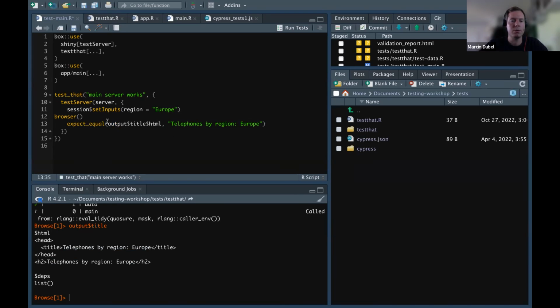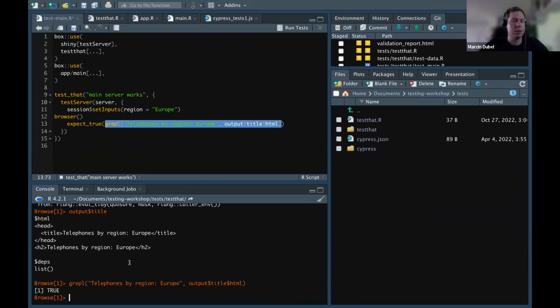we can use, for example, grep. That is for finding text inside other text that has a different structure. First, the text that we are looking for, then where we are looking for the text inside. And because with grep we are not comparing this to anything, we just want our grep to be true, so we can have true there. If we check in this interactive mode, we can clearly see that this is true because that